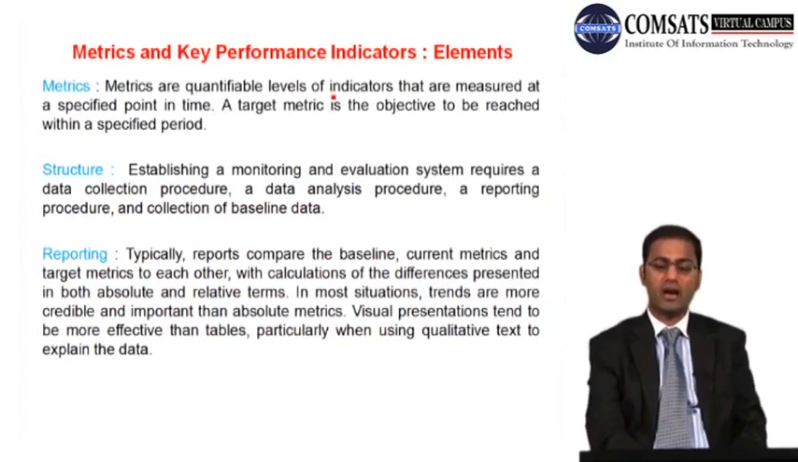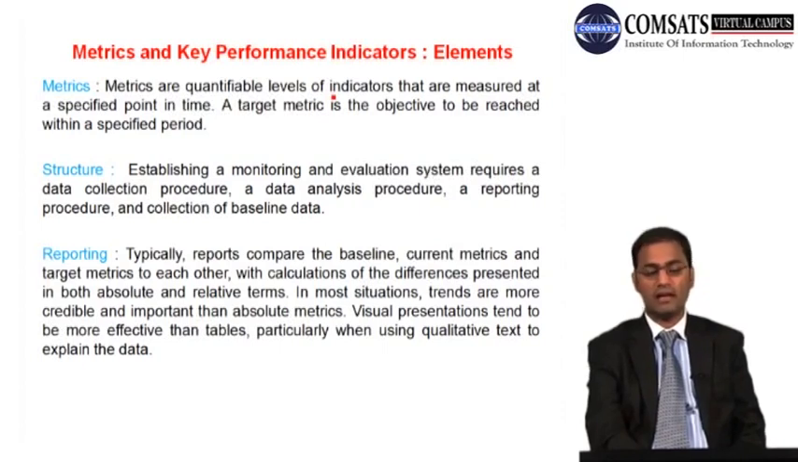So metrics are quantifiable levels of indicators that are measured at a specific point in time. A target metric says this objective is to be reached within a specified period. And then structure is another element of metrics and key performance indicators. And this is about establishing a monitoring and evaluation system. It requires a data collection procedure, a data analysis procedure, a reporting procedure, and collection of baseline data and stuff like